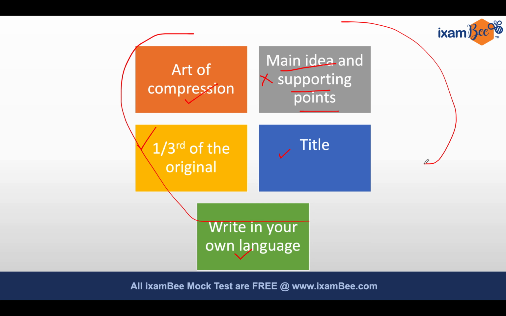Now you might ask me then, what is the difference between a précis and a paraphrase? Now, please understand, a paraphrase picks up and uses each and every piece of information that is available in the passage. It doesn't leave out anything, it includes everything. But with a précis, we are not using a lot of it. We will not be using adjectives, figures of speech, or quotations. So we will only be focusing on what is relevant. Yes, that's the main difference between a paraphrase and a précis.